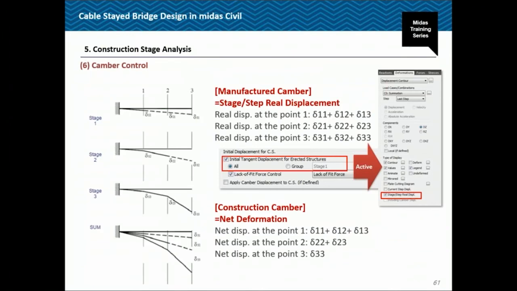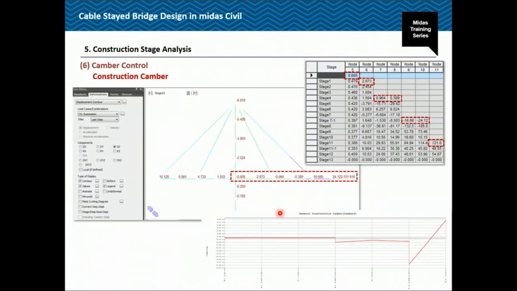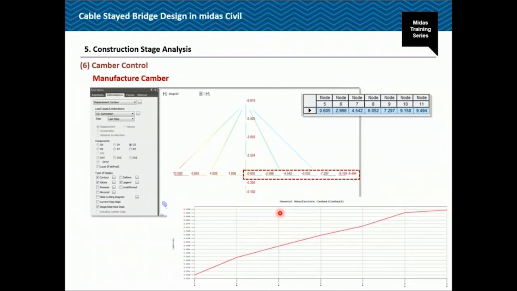So I'll be just touching upon the camber control. MIDAS Civil gives you two types of cambers. One is manufacturing camber and the other is construction camber. The difference is that in manufacturing camber, the tangent displacements would also be considered, whereas in construction camber, it would be ignored because the formwork would be adjusted in cast in situ constructions. So we need to select construction camber in cast in situ, whereas for precast or prefabricated segments, we can go for manufacturing camber. You can generate the graphs or the tabular format,